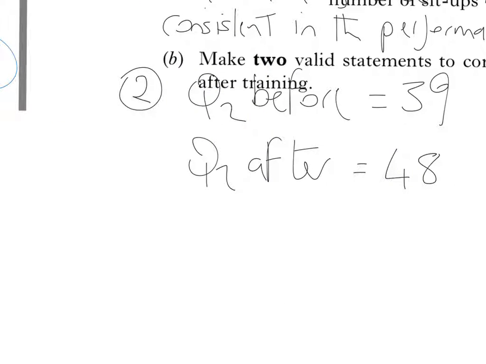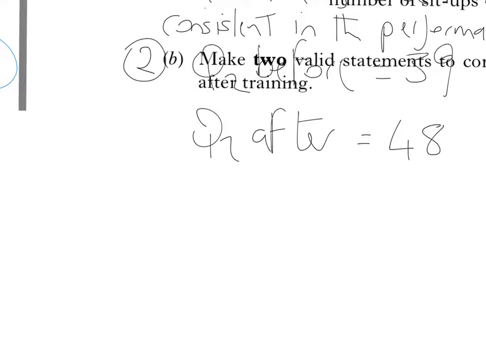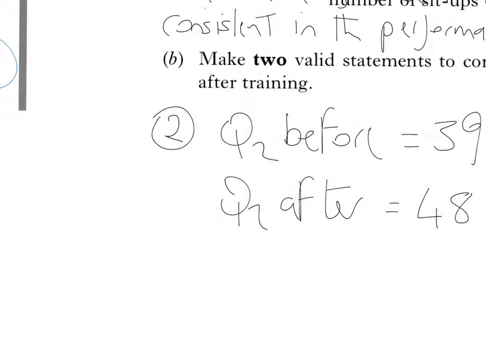Now statement 2 that I'm going to make is with regards to the median and typical performance. So the median is just a measure of a kind of average and typical value. That's given by Q2. So you can see that the median Q2 is greater after, at 48, than it was before training. So what I would say with that one is